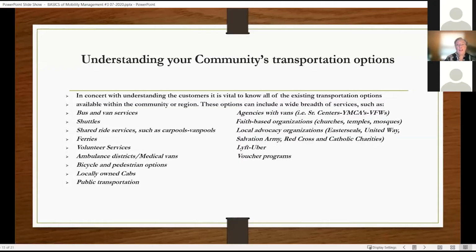Understanding your community's transportation options. In concert with understanding the customers, it is vital to know all of the existing transportation options available within the community or region. These options can include a wide breadth of services such as bus and van services, shuttles, shared ride services such as carpools, vanpools, ferries, volunteer services, ambulance districts, medical vans, bicycle and pedestrian options, locally owned cabs, public transportation,